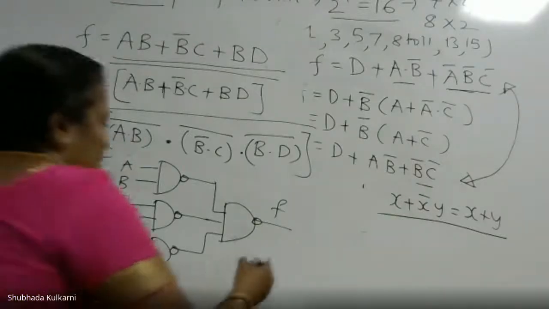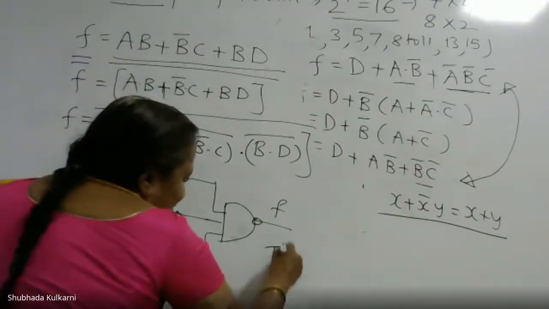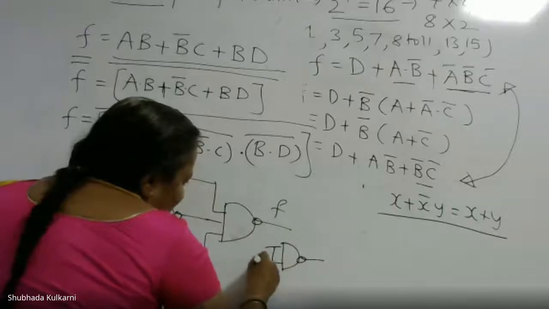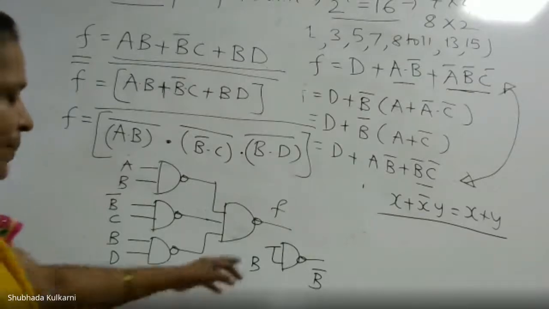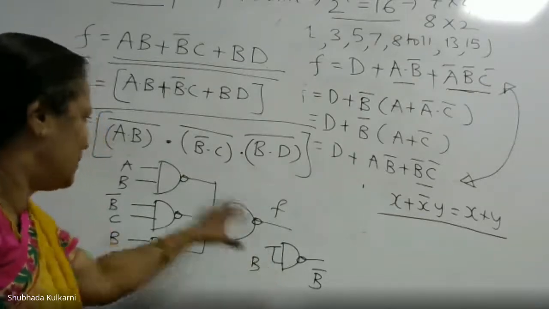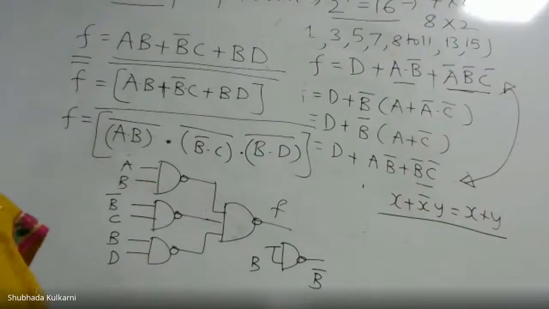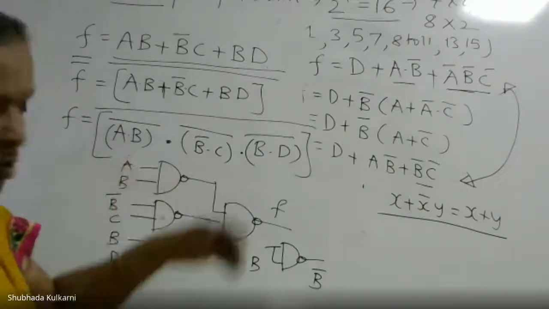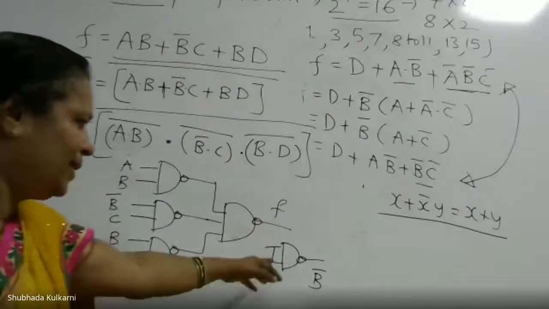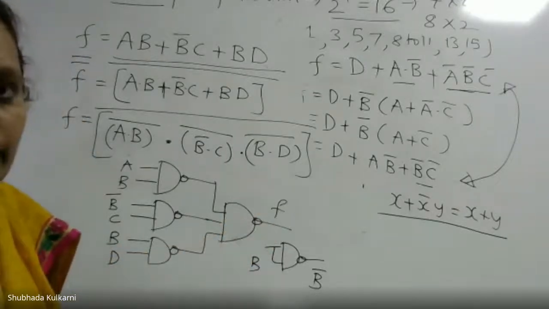Here it is assumed that, see, even we can use a NAND gate as an inverter. That's not a problem, like B and B bar. But this is not expected whenever you do NAND realization. When you replace with an inverter, you can show it like this. But in such circuits, variables and their complements are available. This is the assumption you have to make to draw the circuit. But if you draw it, it is correct only. It's not a problem. Okay, ma'am. Thank you, ma'am.